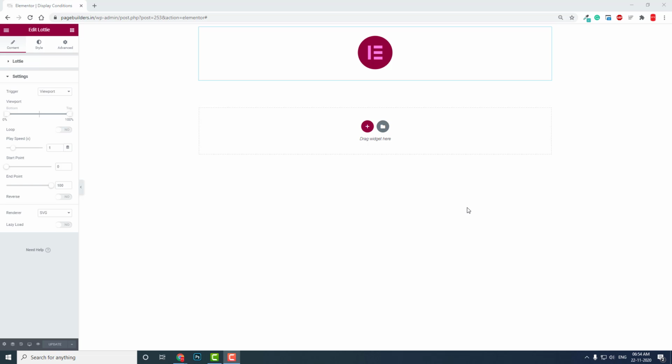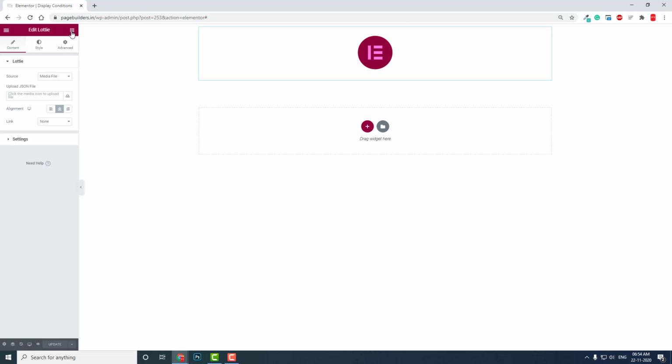Hello everyone. In this short video, I want to talk about Elementor Pro Lottie widget settings. Here, in this widget, you can upload a media file or link to an external Lottie JSON file. You can adjust alignment, left, right, center, and link to a custom URL. These are the basic Elementor widget settings you're familiar with, but in the settings there is something that you have